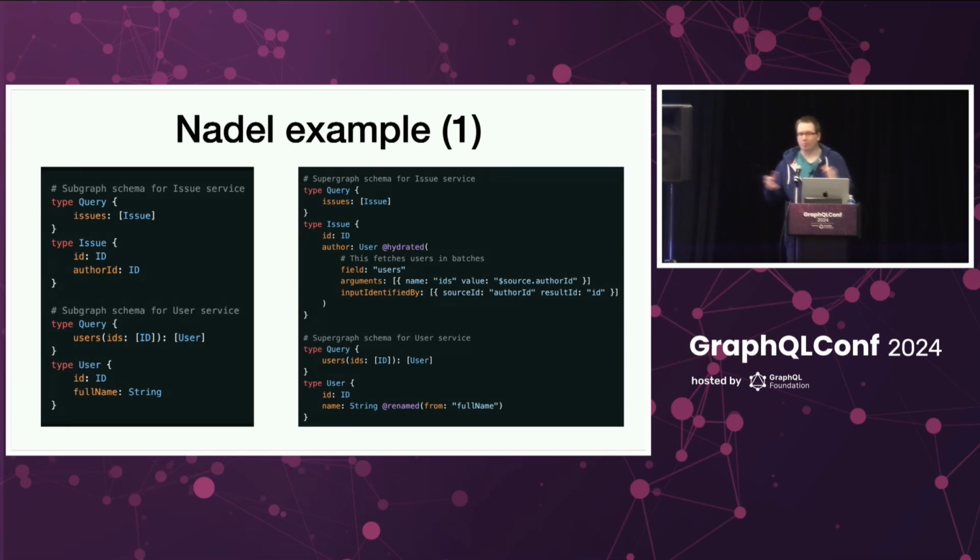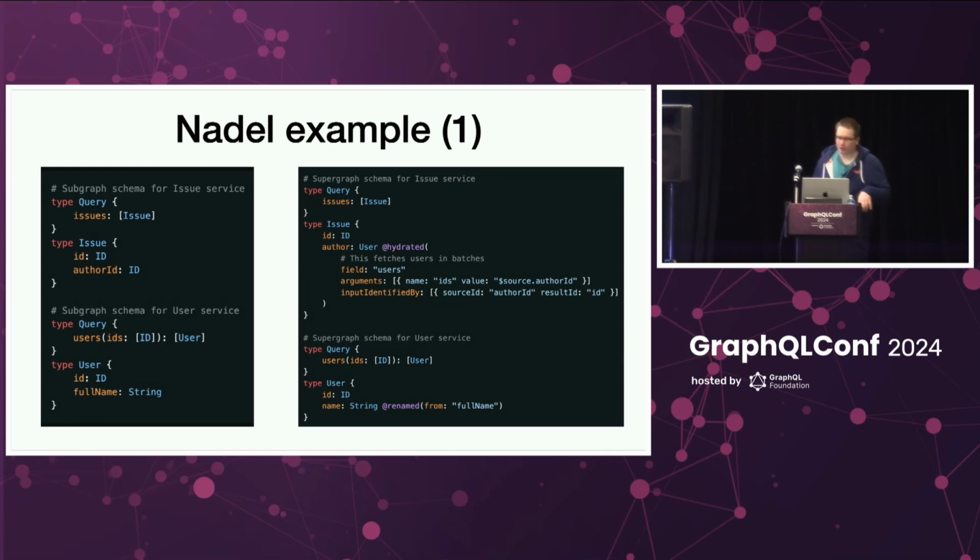So there's no composition happening. You just declare author of type User, but now you need to tell Nadle, or the gateway, how to make it happen at execution time. So this is where the directive hydrated comes into play. This is what we call hydration. You transform a primary key, multiple primary keys, something, into another object. And yeah, this is this inverted view. You have the Supergraph API, the Supergraph schema, with instructions on how to map at runtime, at execution time, to the subgraphs.